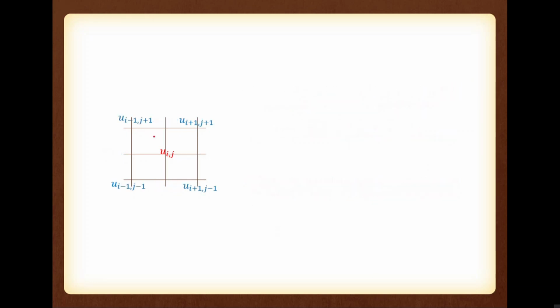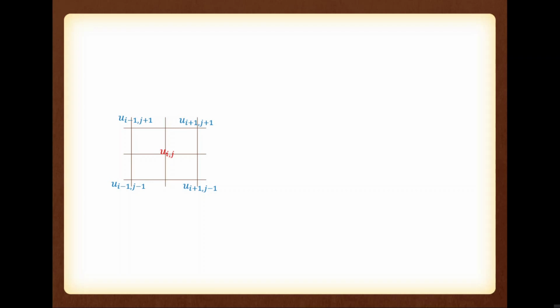So please note, these 4 points are, this one is i plus 1 comma j plus 1, both with respect to x and y. This one is the next point with respect to x, and the previous point with respect to y. So ui plus 1 comma j minus 1. This is ui minus 1 comma j minus 1, previous with respect to both x and y. Then this is with respect to x, i minus 1. With respect to j, it is the next point, that is j plus 1. So these are 4 points. So please note, these are diagonal points actually. So by using the 4 diagonal points, we can find the value of uij.